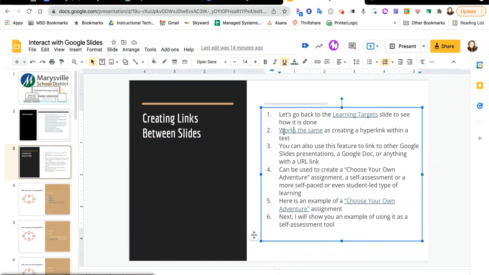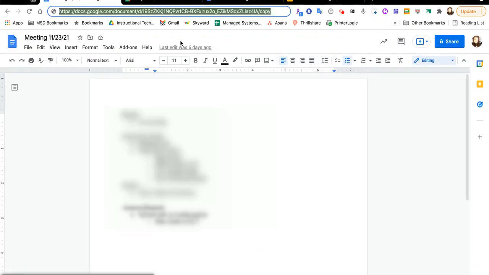We can import images, we can link articles, and we can also import videos from YouTube. So on just one Google slide, you could have a YouTube video that they watch, maybe a link to an article they need to read, and lastly, a link to the assignment that they need to complete. Now, for the Google Doc URL that I put here, I want you to notice